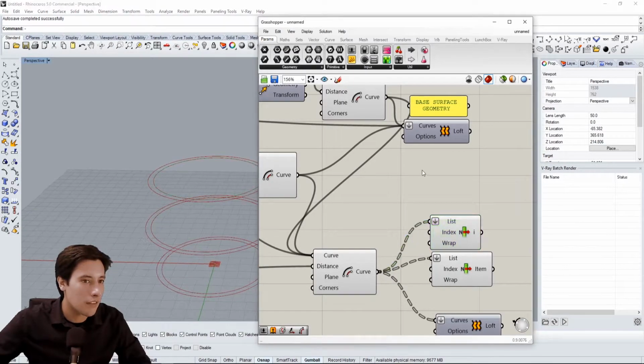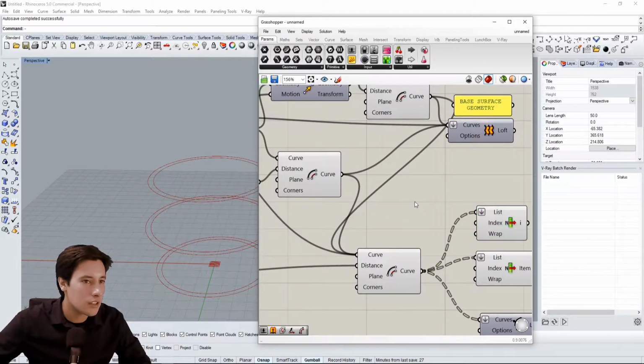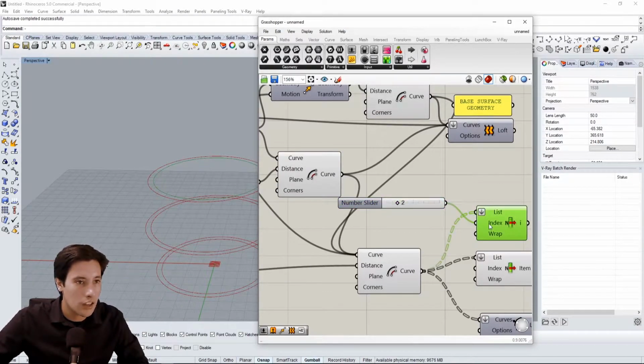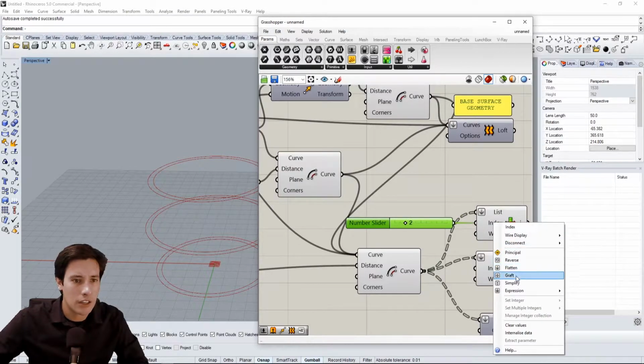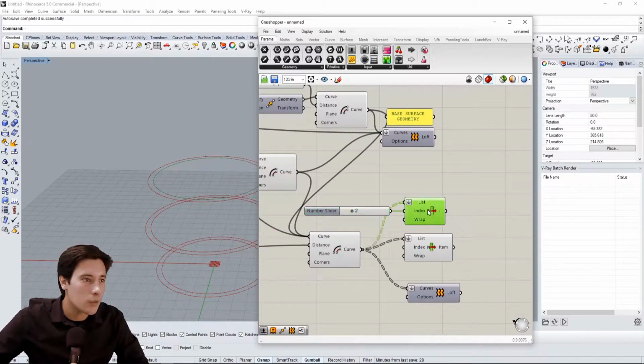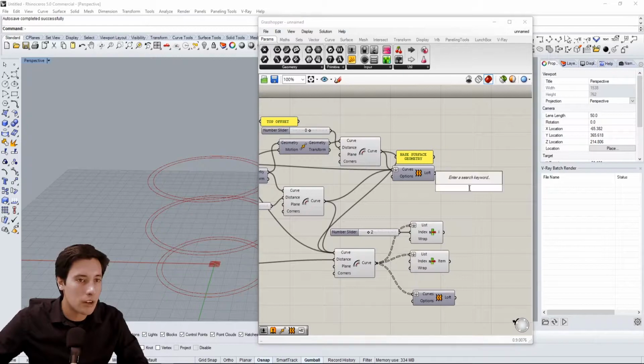So we have the top one that we extracted from here, and we also have the bottom one. Now, if you don't want to use right click and Index, you can always go to a Number Slider of 2 and plug that right into here. If it's a little bit weird or intimidating to try to find the integer, you could always use a slider. And we have the top, bottom, and now we have a command called Boundary Surface,